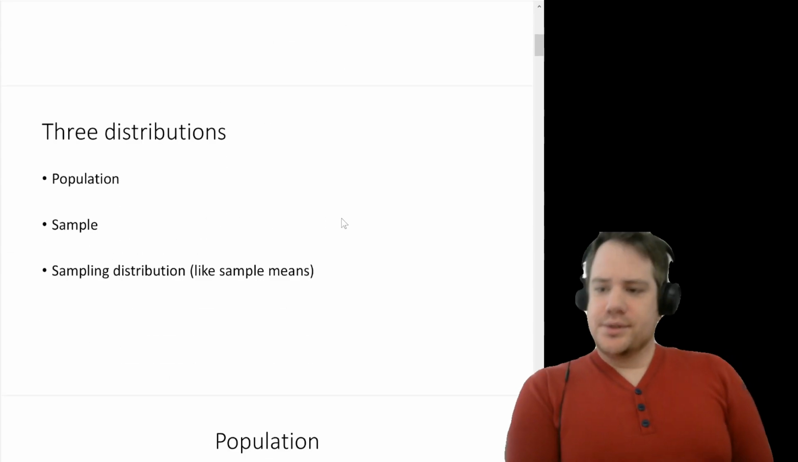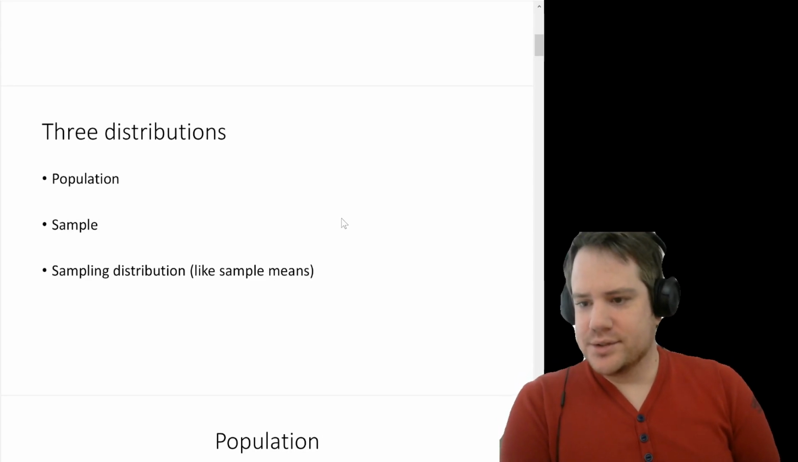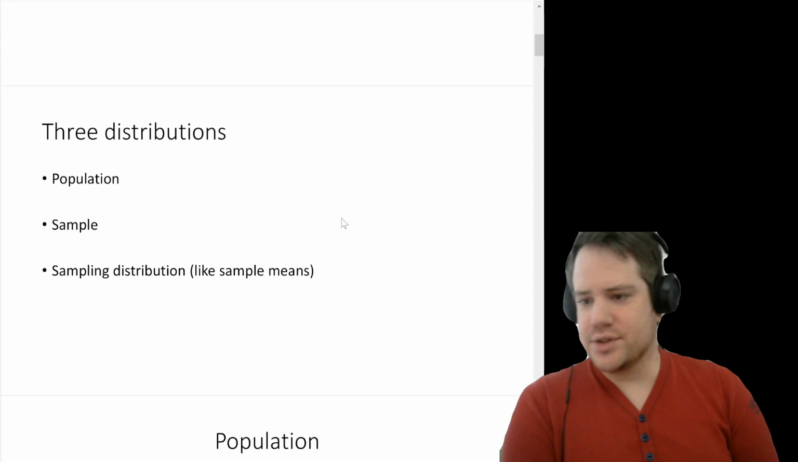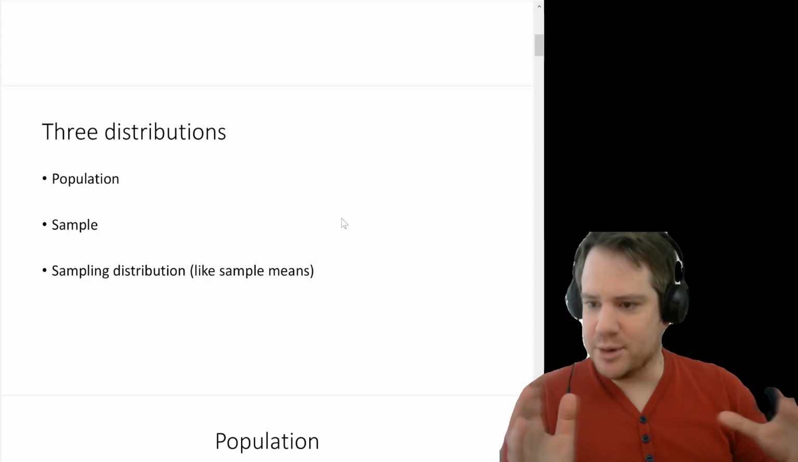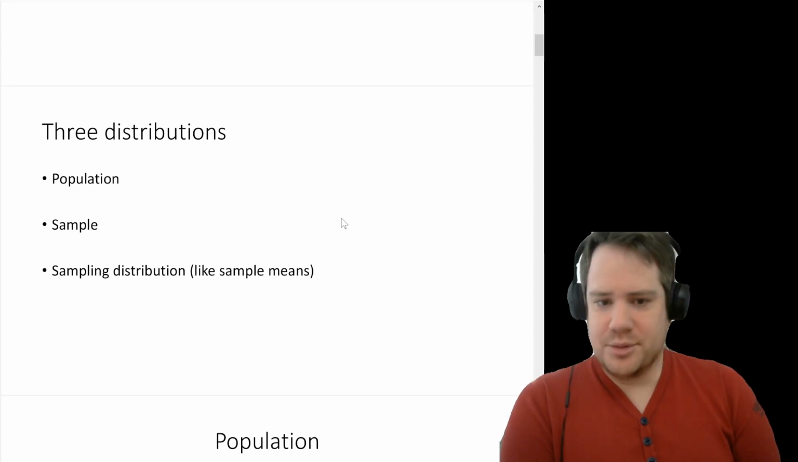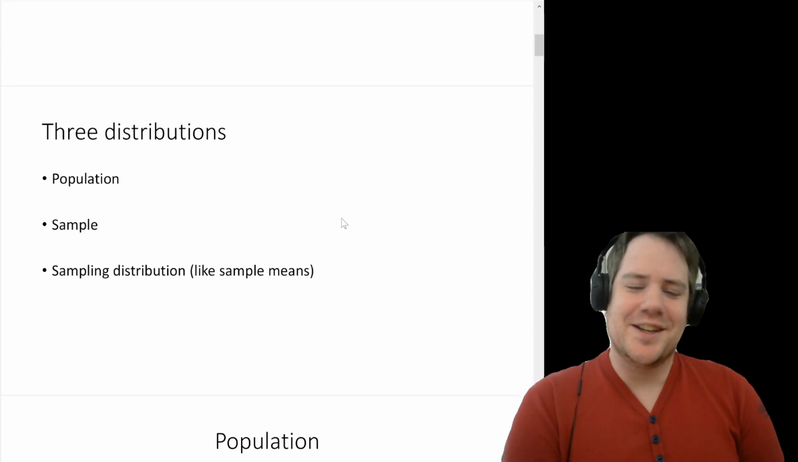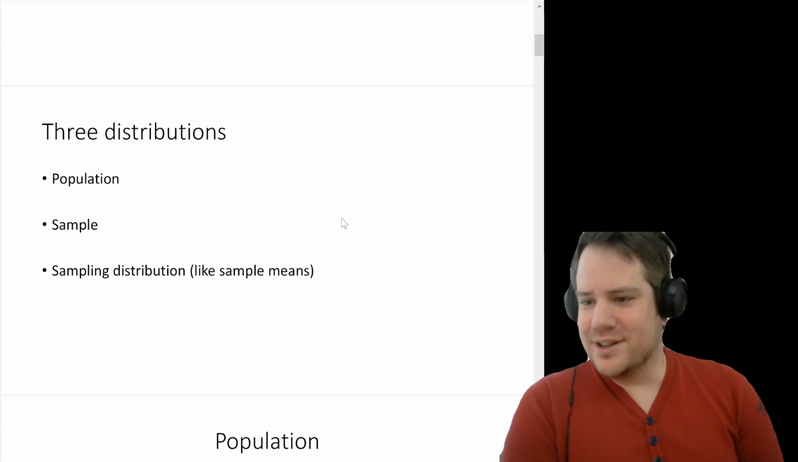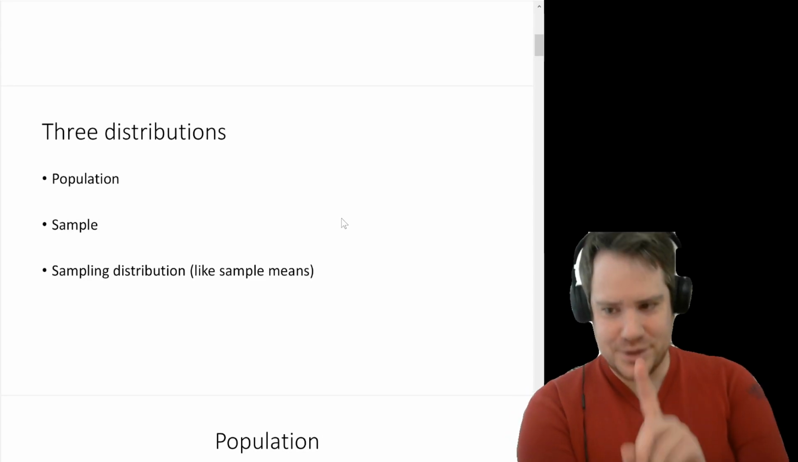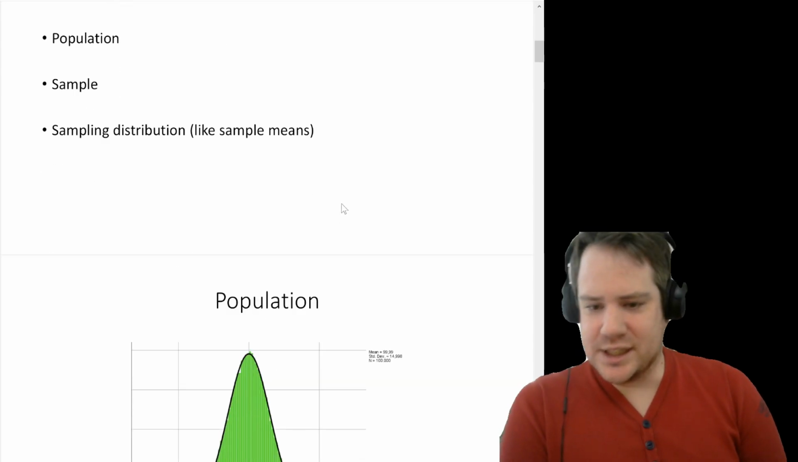Over the course, we learned that there were 3 types of distributions that are relevant to us. We have a population distribution. That's just how the scores are distributed in the entire population. Of course, we can take a sample from the population, and then we have a sample distribution. And we learned in the very end of the course that we also could have something called a sampling distribution, which is something different. So it's a distribution of sample means. So just as an example,